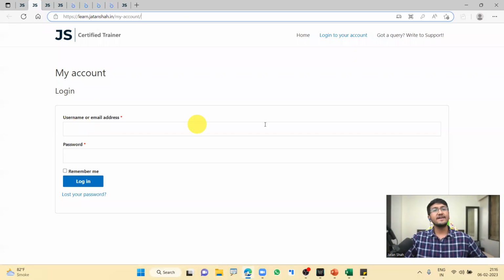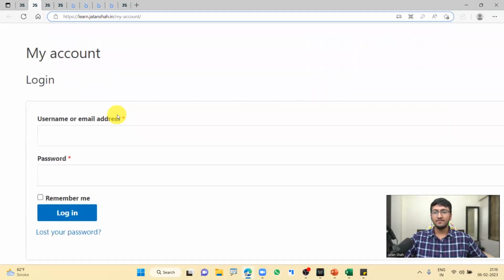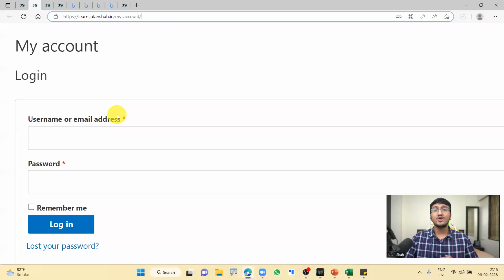The question here is, what is your username and what is your password? So let me tell you about that. The username here, as you can see, is going to be your email ID. So when you joined the entire workshop, you also provided an email ID, right? That email ID is going to become your username, your registered email ID. And then you move on to password. The password for everyone is going to be the same for easy login, which is going to be dashboard 123. Let me go ahead, write it down on the screen and help you understand that. And later I will give it to you on WhatsApp.